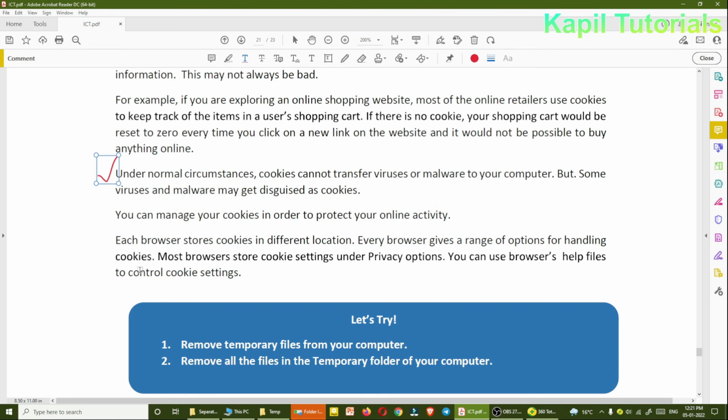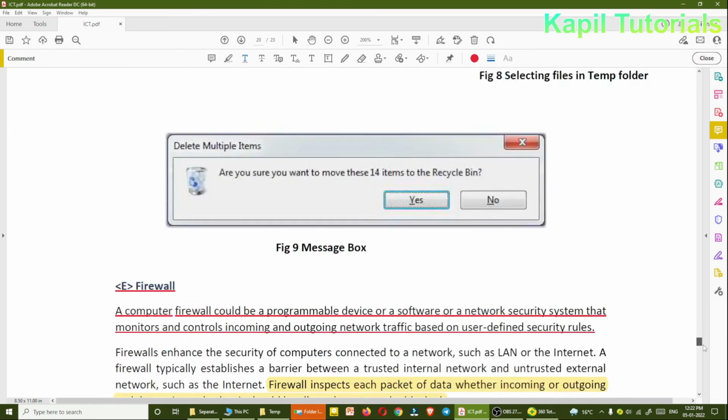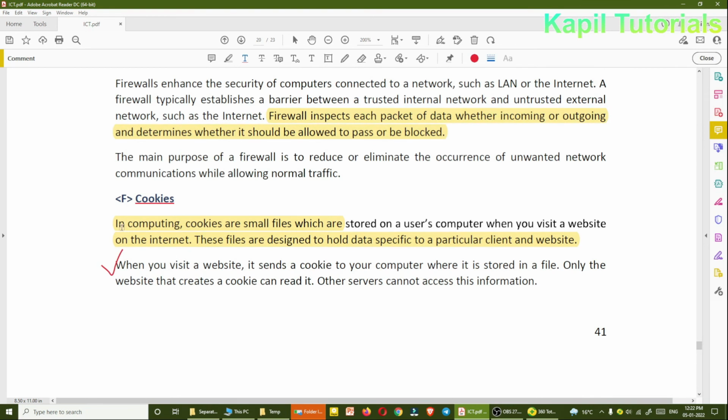With the help of the browser you can control the cookie settings. It's not that dangerous, but the important thing is that you should use a proper antivirus. Regarding cookies, you can cover that it is a small file stored on a user's computer when you visit a website on the internet. That much is okay.